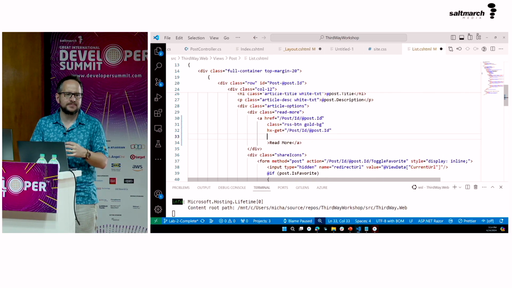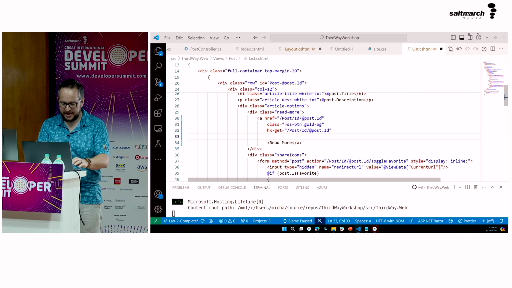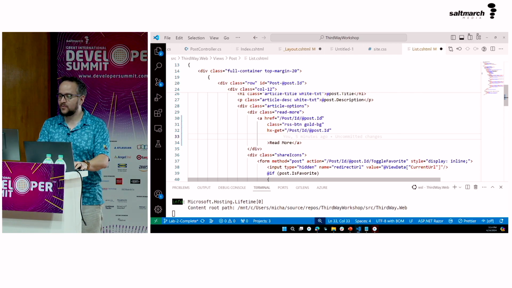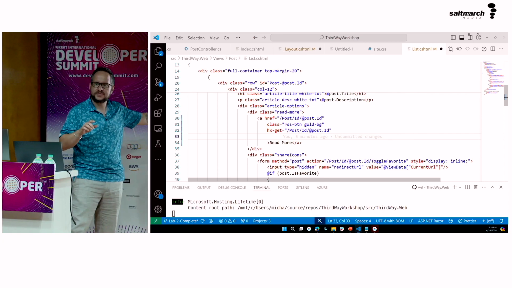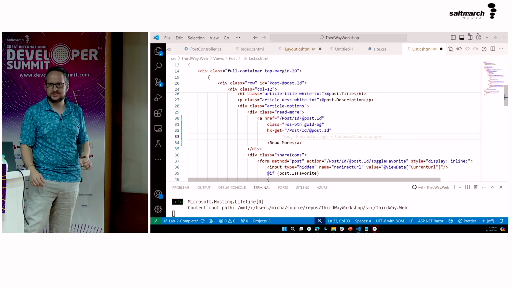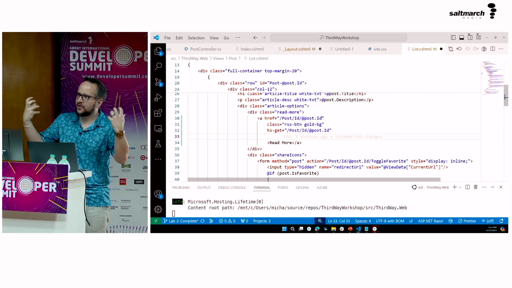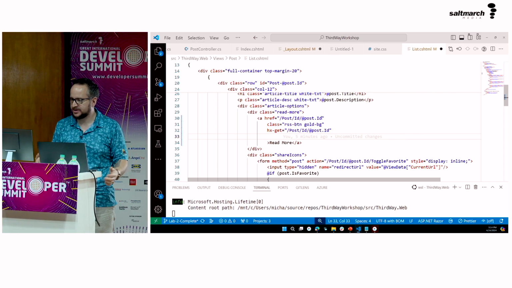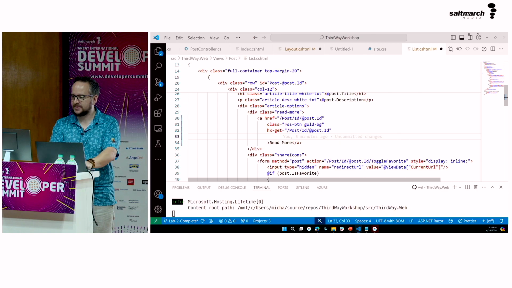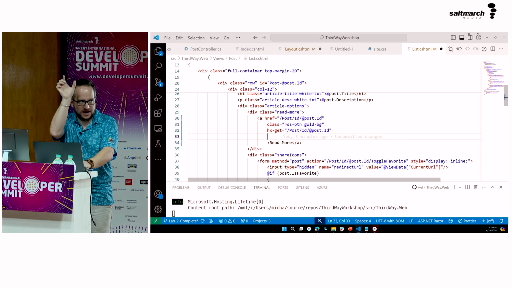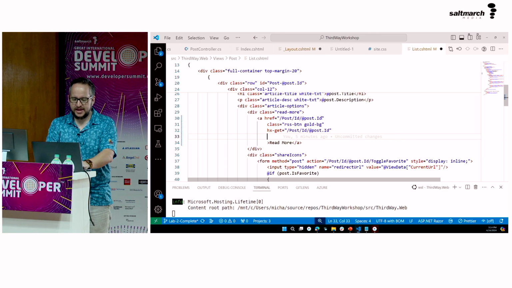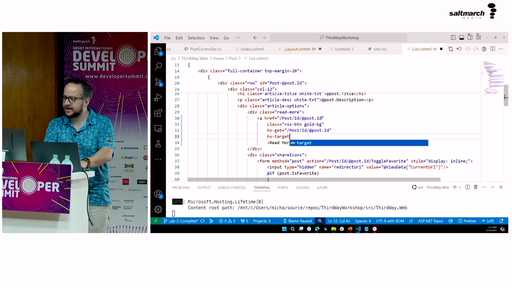But I'm basically handing everything over to HTMX, which is really wild, by the way, because that is still a hypermedia control. So you turn JavaScript off, this still works, but it's just going to do it the old way. So we've got that progressive enhancement and graceful degradation. So I'm going to say hx-get is the URL, the relative URL to the post. And I'm going to say hx-target equals